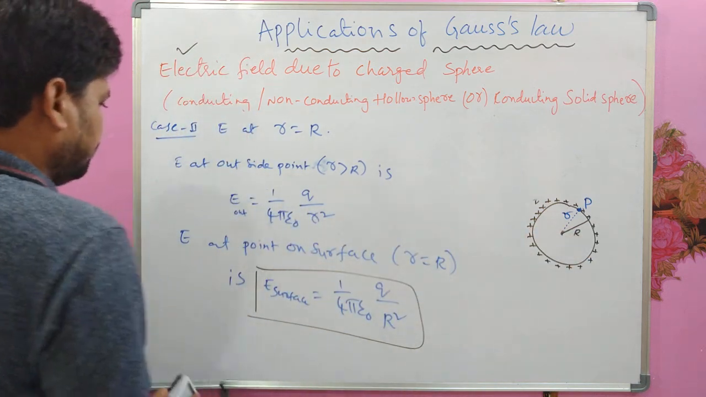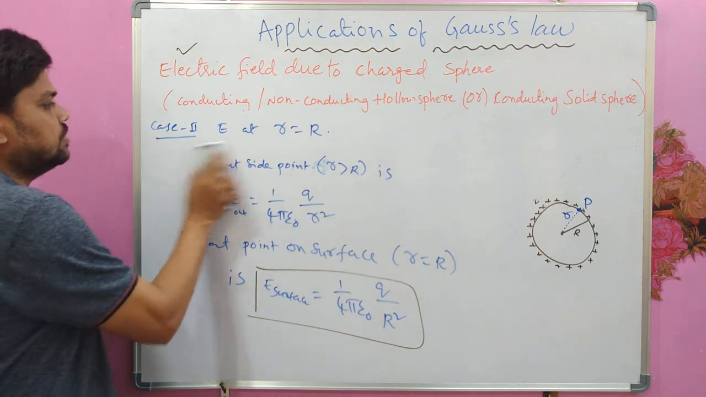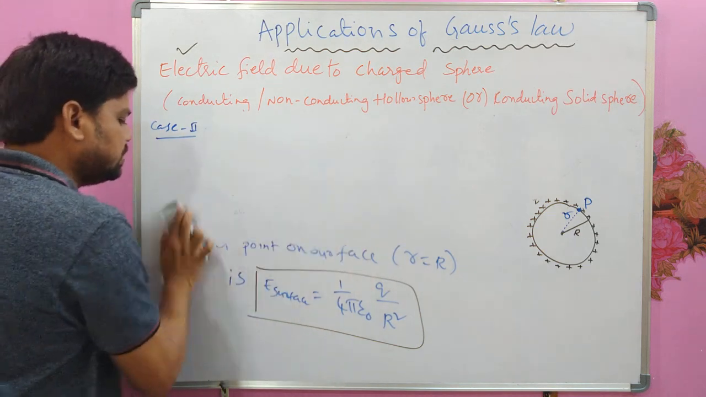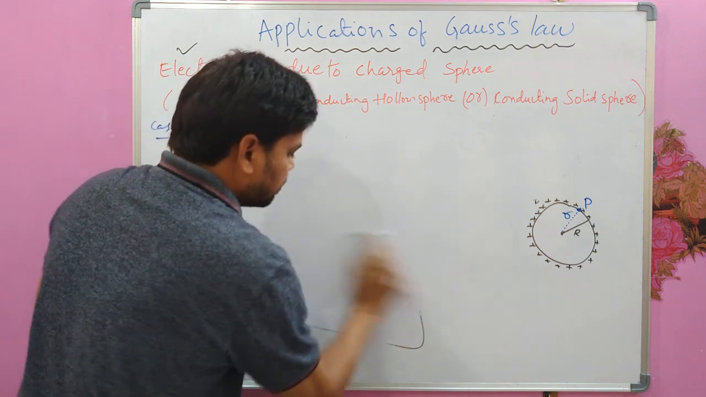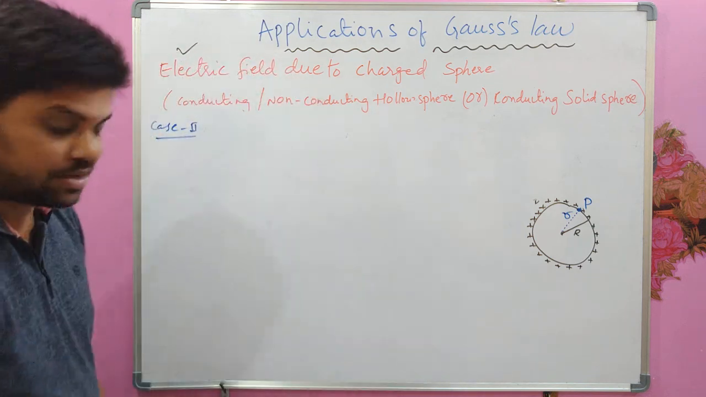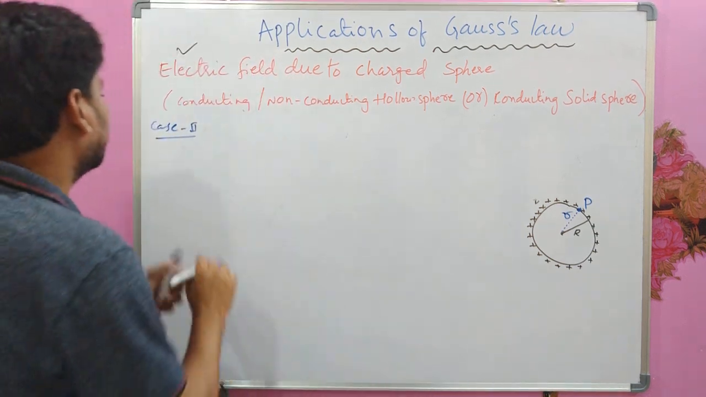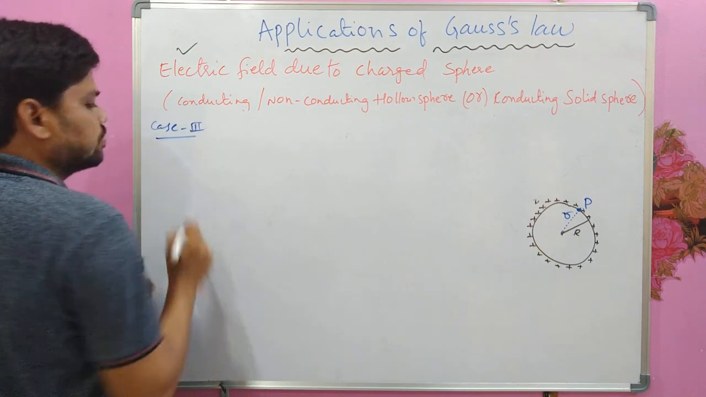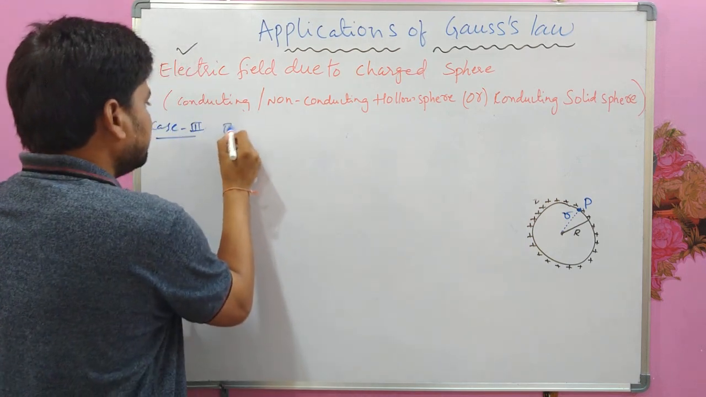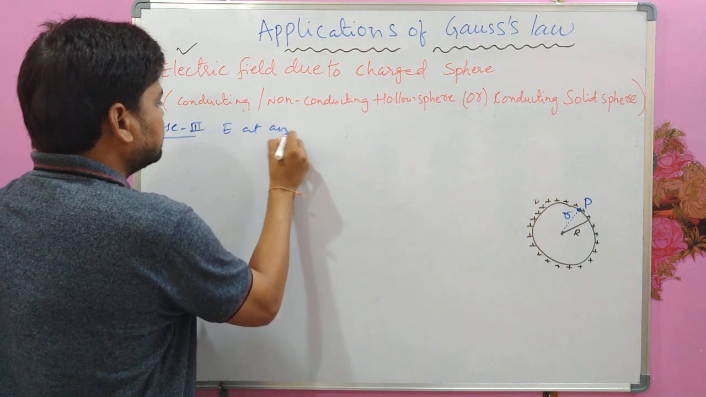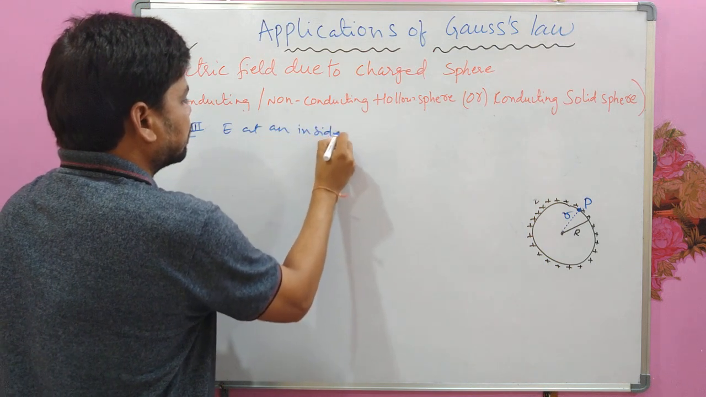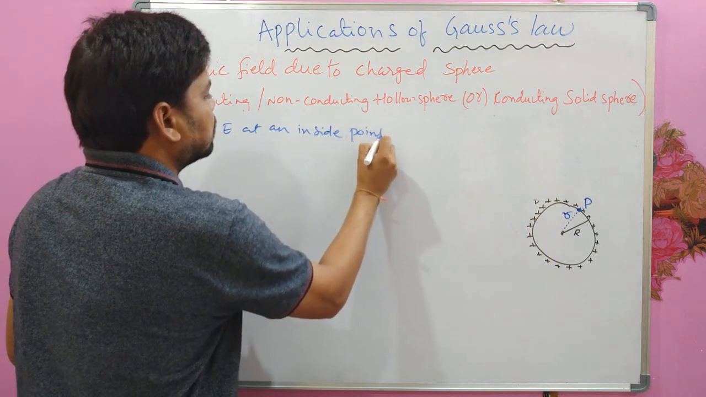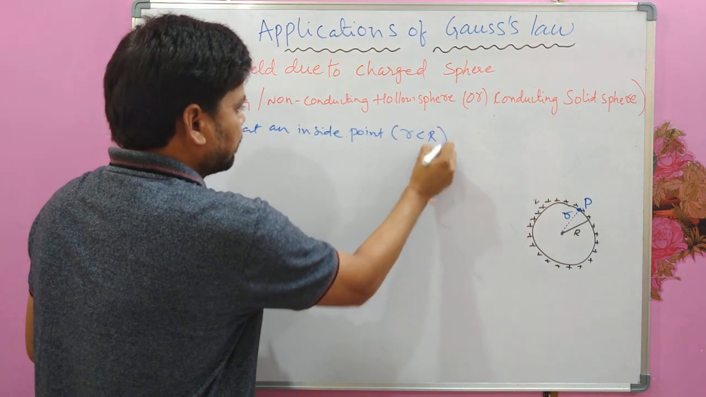Okay. Now we will see case 3, which is more important. You don't see any derivation for this case, but conceptually it is very, very important. What is case 3? E at an inside point, r less than R,